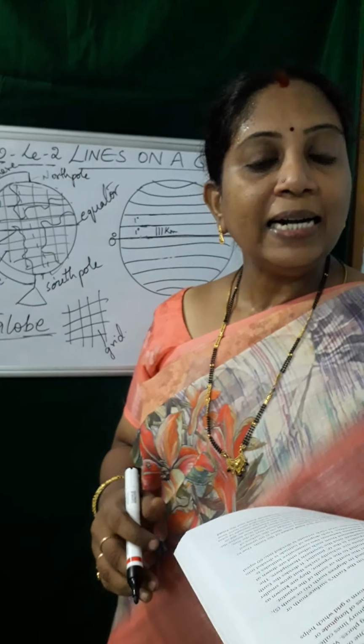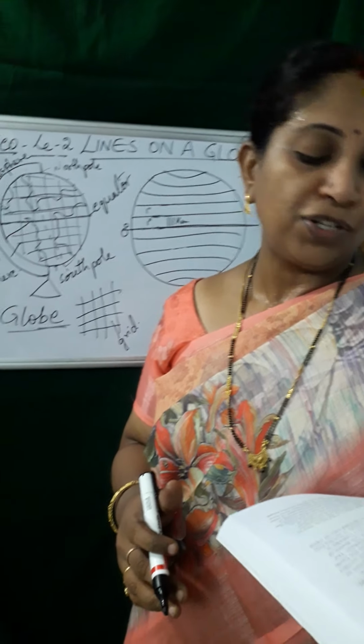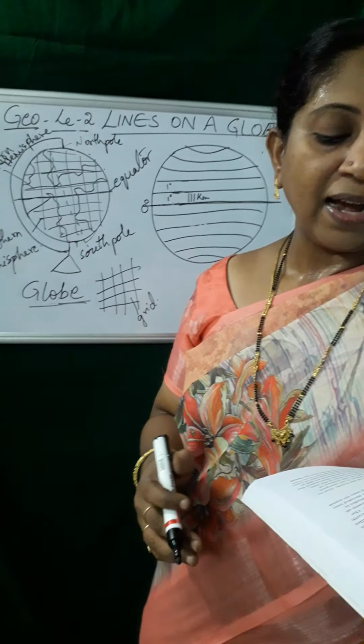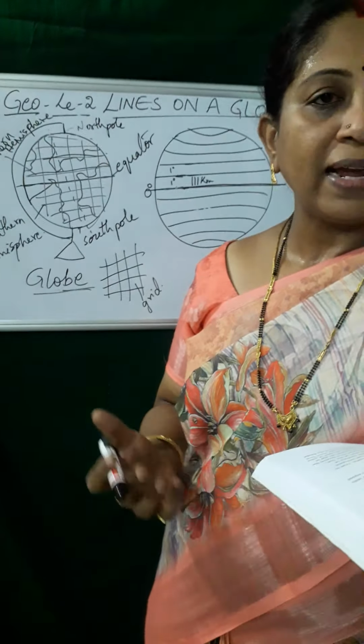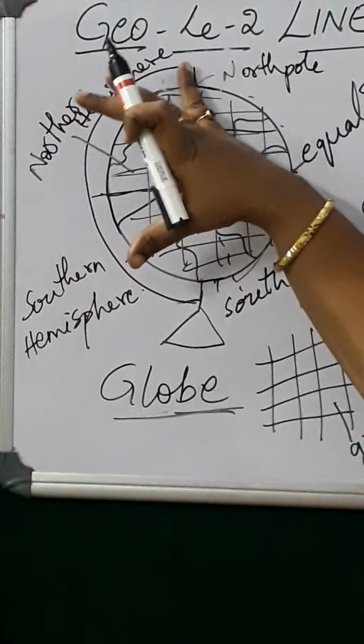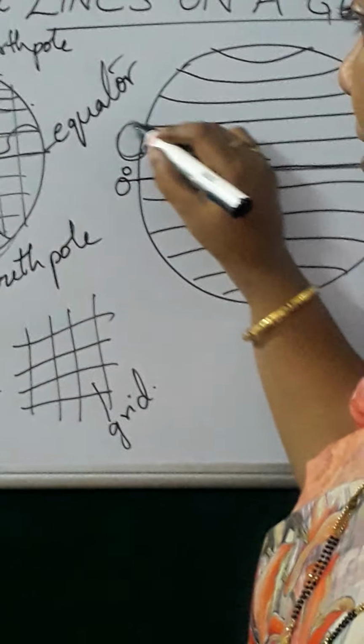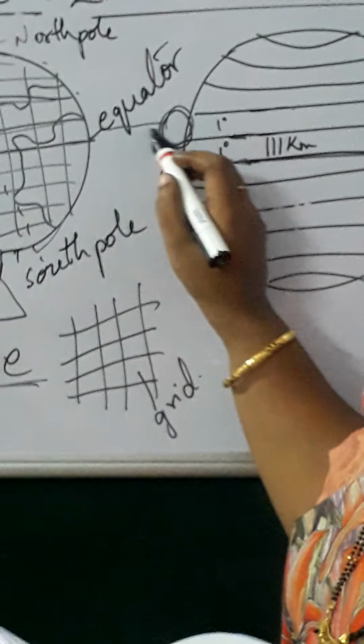Due to the tilted nature of the earth's axis, there is an unequal distribution of heat and solar energy on the surface of the earth. See, this is the earth, children, and it is a little tilted. It is not exactly like this, but it is a little tilted. So what happens is, when it is tilted, suppose here we have the sun, the rays are falling like this.